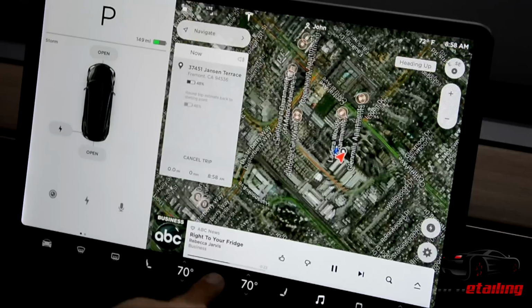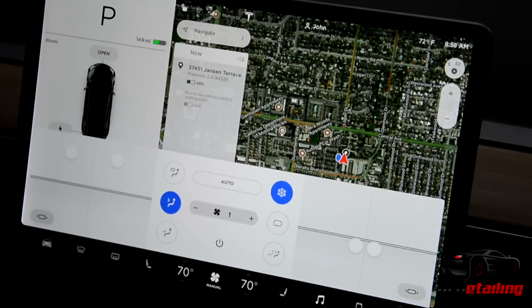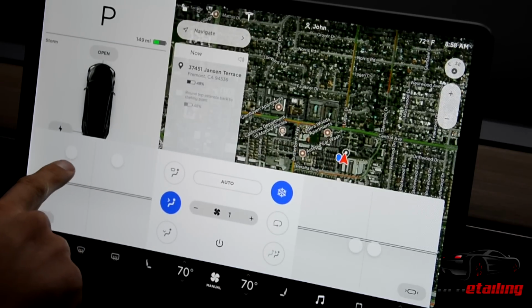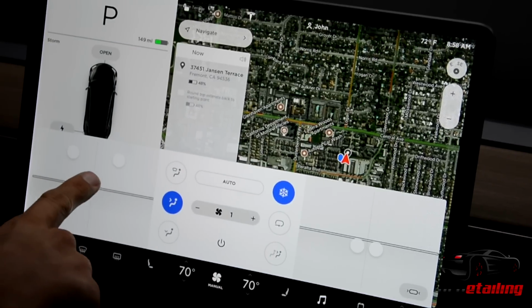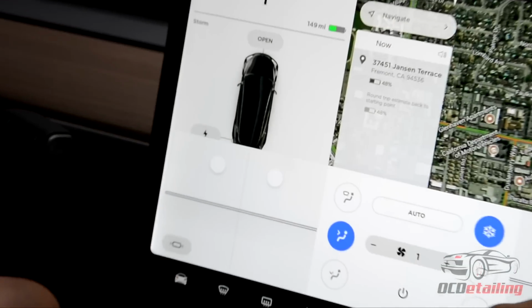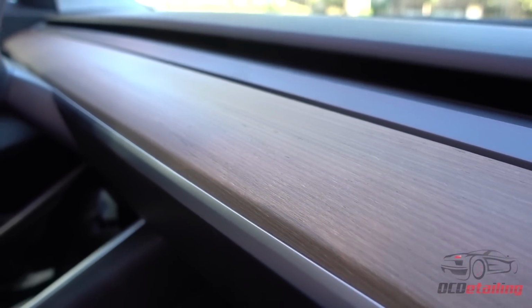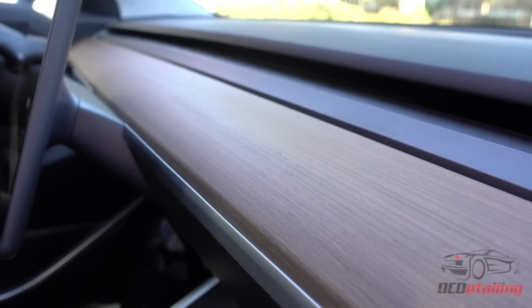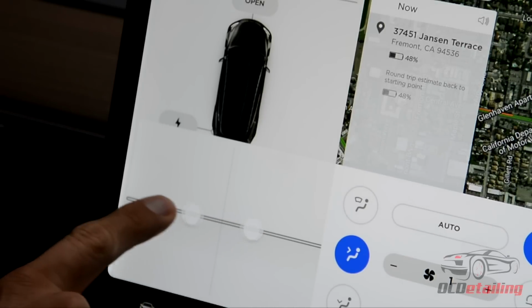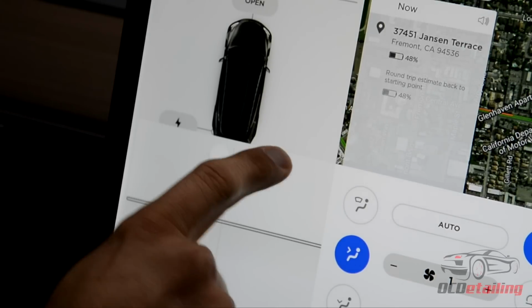And then I want to show you the climate control, because I thought this was really neat too. You have what looks like an Atari-style Pong game right here, which is for left and right, which is for this big vent up here. So with the entire Atari-style Pong game, you just move it around, and you'll feel the air move to wherever you